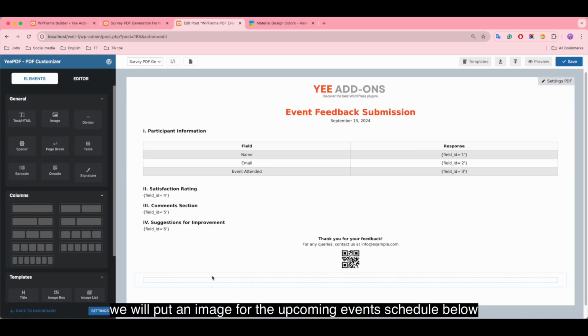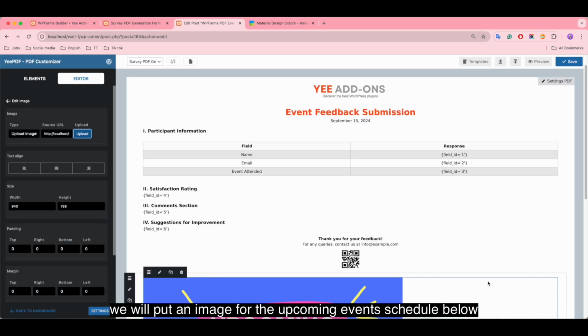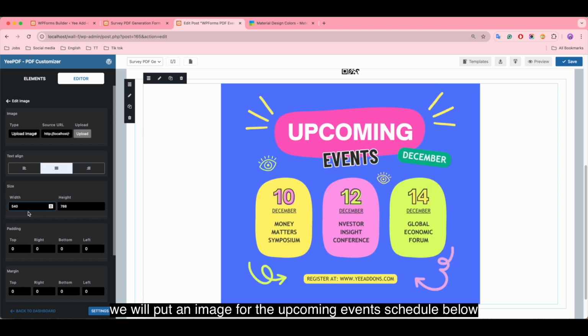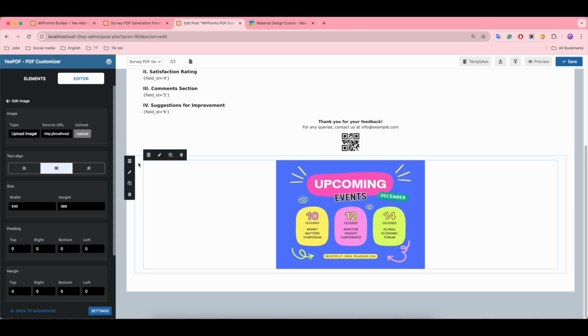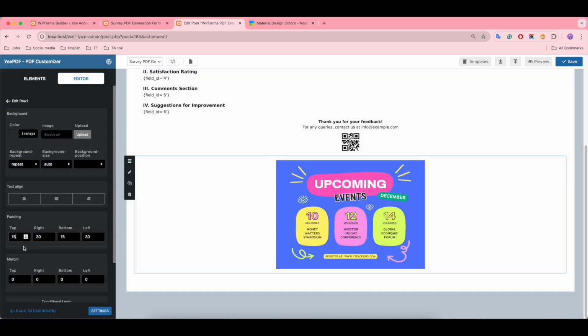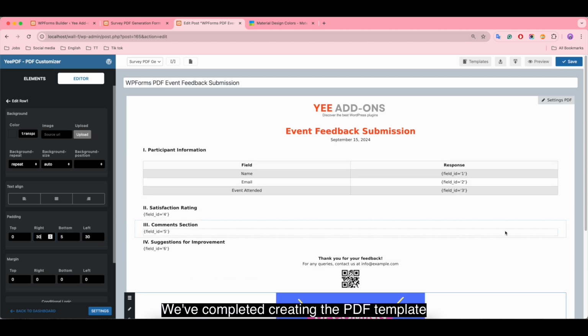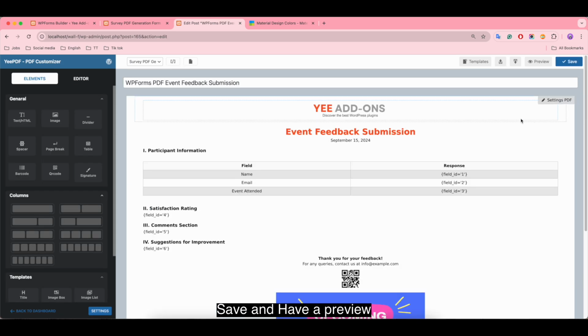We will put an image for the upcoming event schedule below. And now we've completed creating the PDF template. Let's save and have a preview.